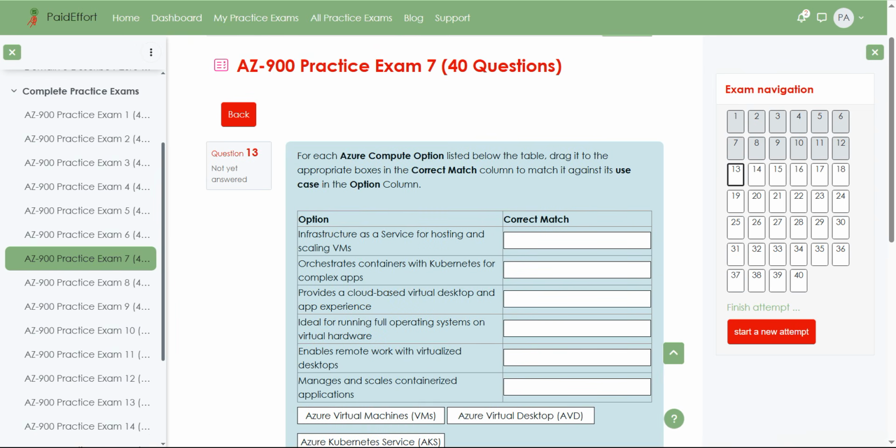For each Azure Compute option listed below the table, drag it to the appropriate boxes in the correct match column to match it against its use case in the option column. Infrastructure as a service for hosting and scaling VMs: Azure Virtual Machines, VMs. Orchestrates containers with Kubernetes for complex apps: Azure Kubernetes Service, AKS. Provides a cloud-based virtual desktop and app experience: